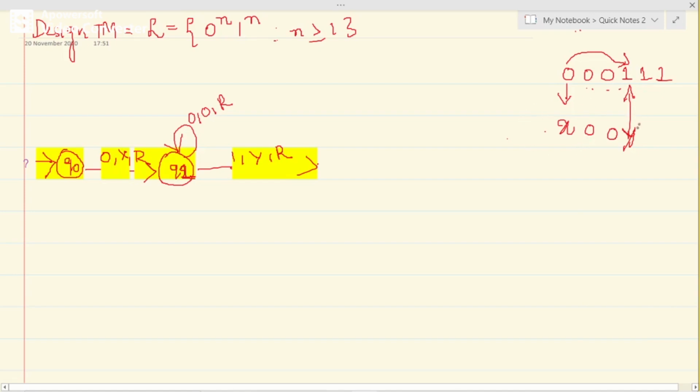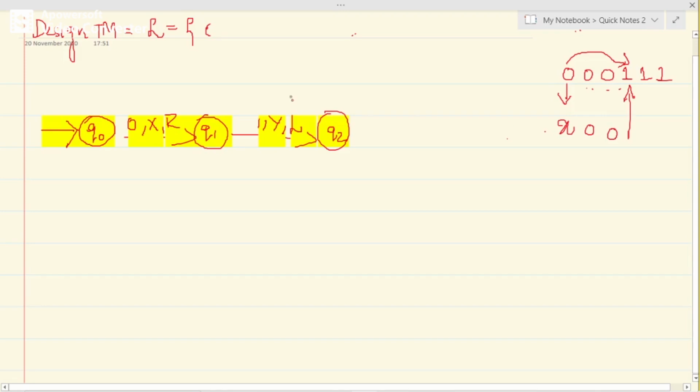I need to repeat the same step again and again. So I need to find 0 and then the corresponding 1. I can do that by coming back, that is by taking a left move. So here it can't be a right move: change 1 to y and take a left move.